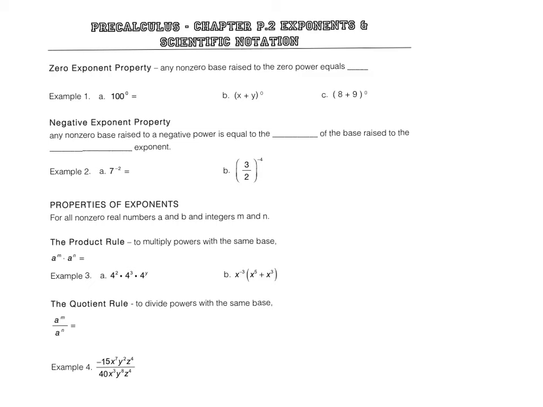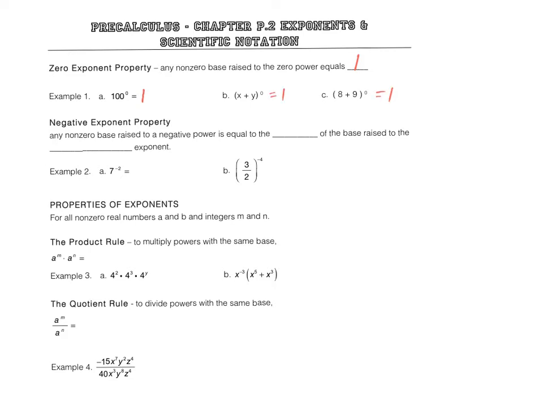We're going to continue on in chapter P2 with more review, looking this time at exponents and then scientific notation. The zero exponent property says that any non-zero base raised to the zero power equals 1. In our example 1, all three of these values have a non-zero base, so all three of them are equal